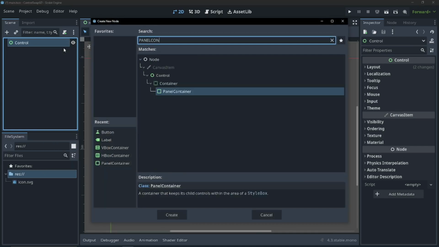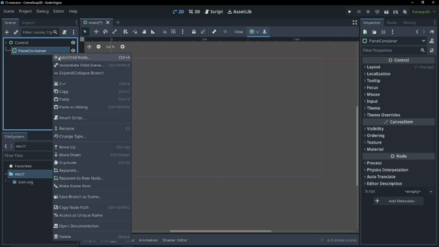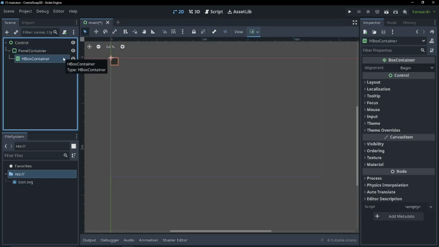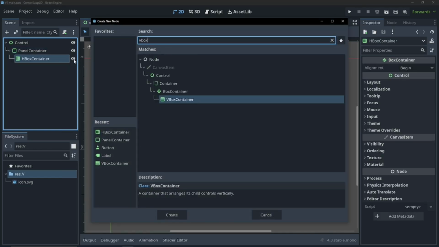I'm going to add a panel container, and this is going to contain all our UI nodes. And I'm going to add an HBox container to keep everything aligned horizontally. I'm going to add two VBox containers,